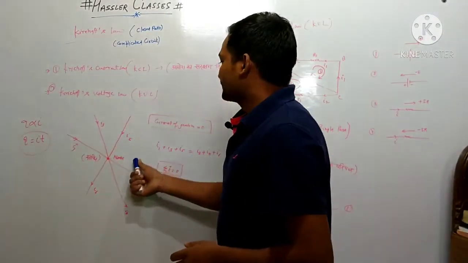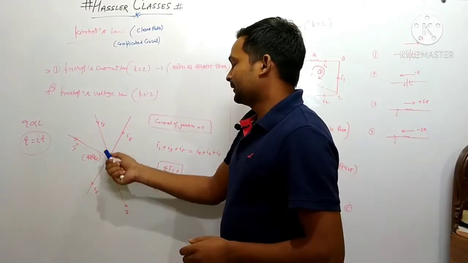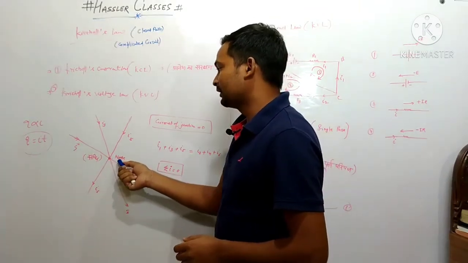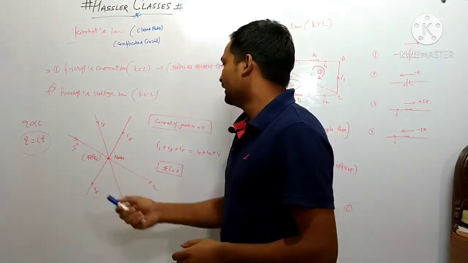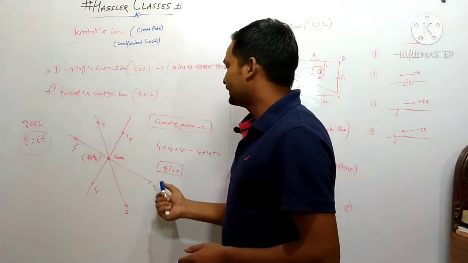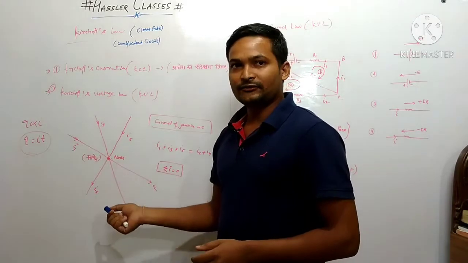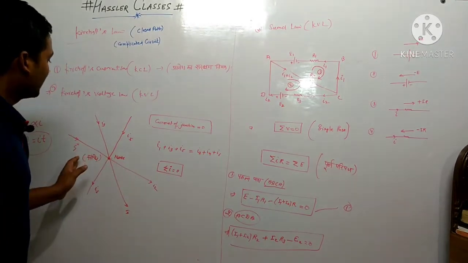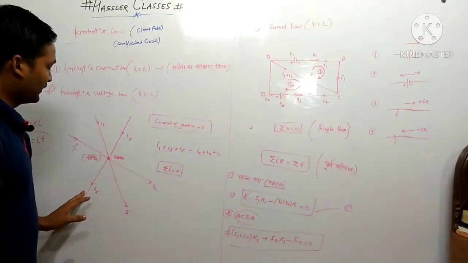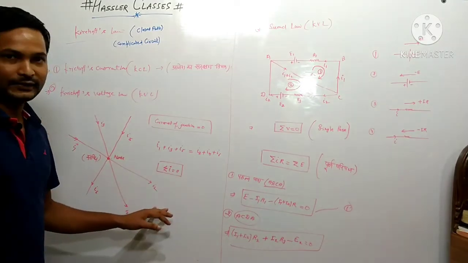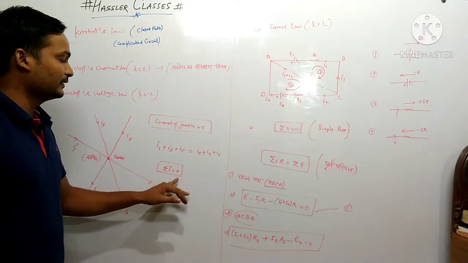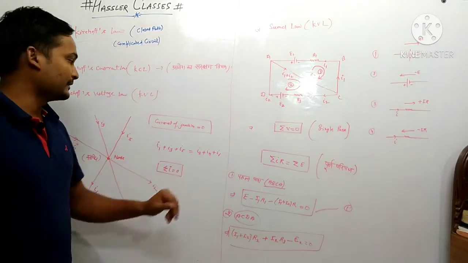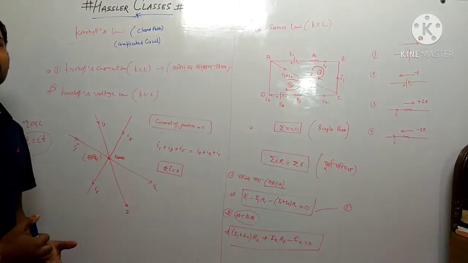If many currents are flowing in different paths and meeting at a point, this is a junction node, which we can say in Hindi is sandhi. At the meeting of the same point, the algebraic sum of all incoming and outgoing currents will be zero. If incoming currents are I1, I3, I5 and outgoing currents are I6, I4 and I2, the summation of all currents should be zero. We can say that I1 + I3 + I5 is equal to I2 + I4 + I6. So this is the first law, the law of conservation of charge.